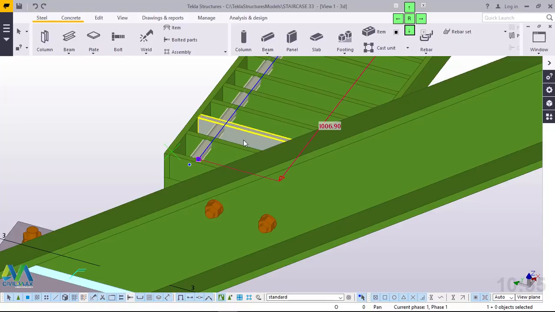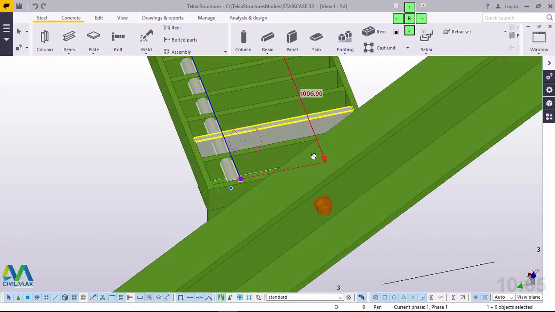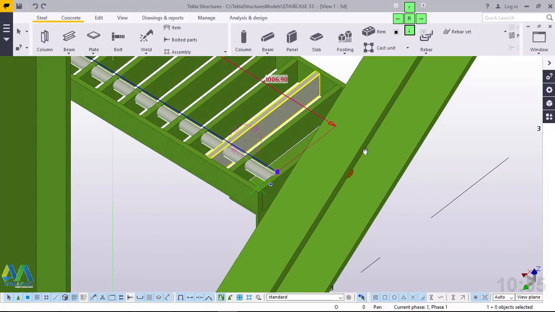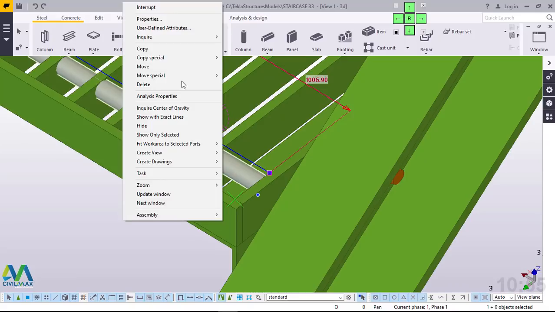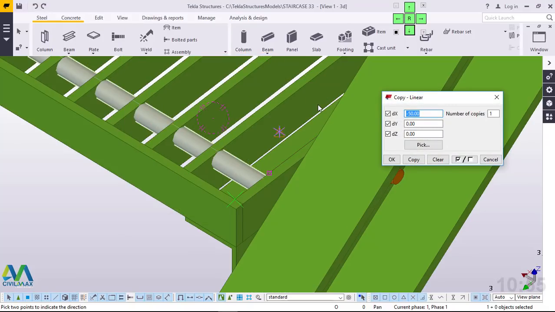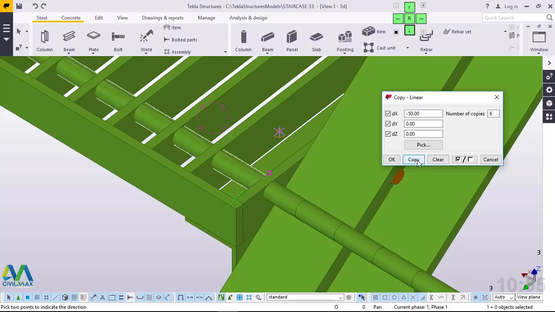Now I'll press my middle button on the mouse, and I want to populate this in the direction of Y-axis, but the opposite direction. I'll right click here and come to special copy here and click linear. Then I want a number of this. I want 6 of this. I'll click copy, which is in the wrong direction. I'll click undo,